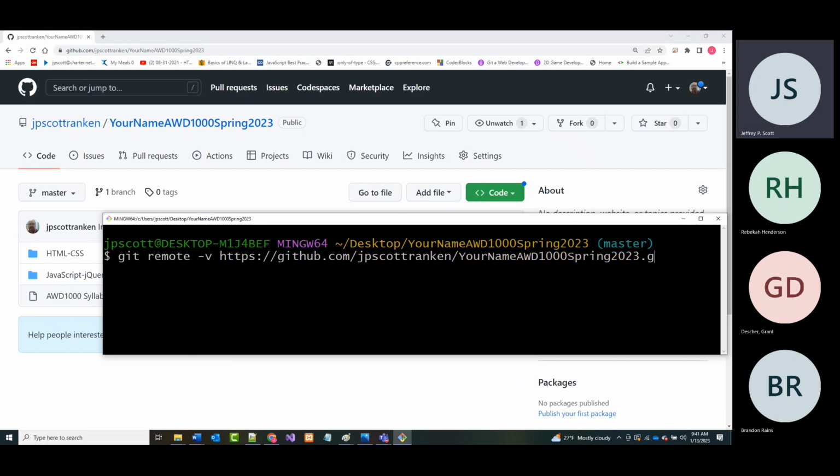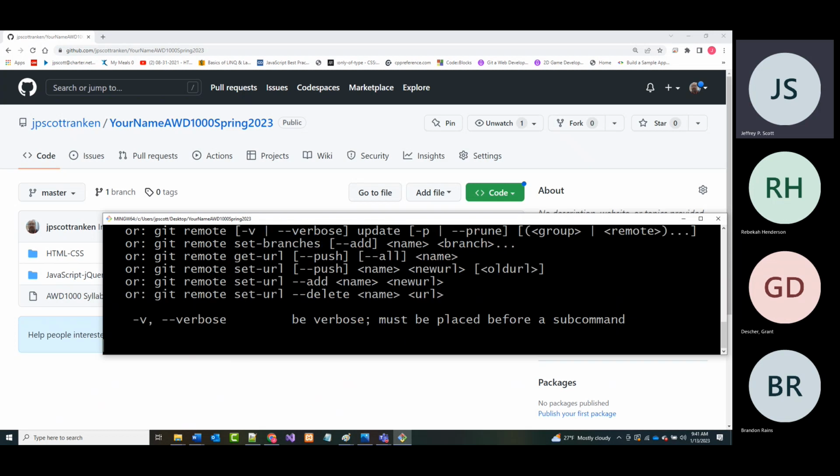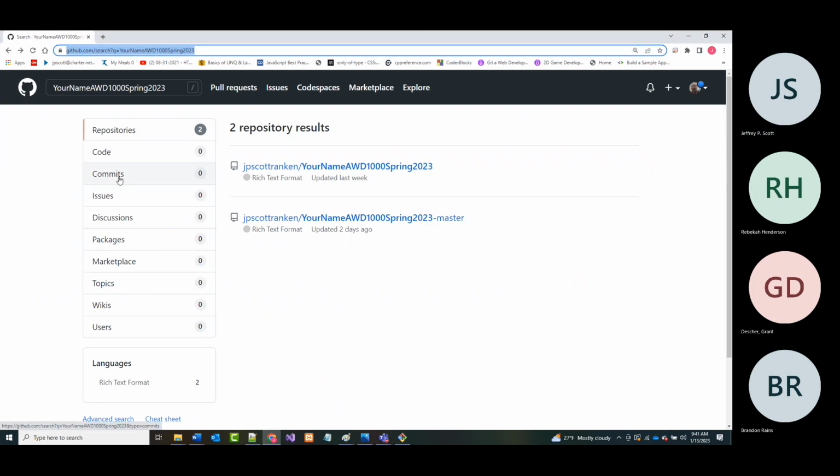And I think it needs a .git on the end, but I'm not positive. Okay, it didn't like that. So let's try it without the .git on the end. Still didn't like that. So I'll tell you, I can find out what it is real fast. And I want to give you the right command. So let me come in here